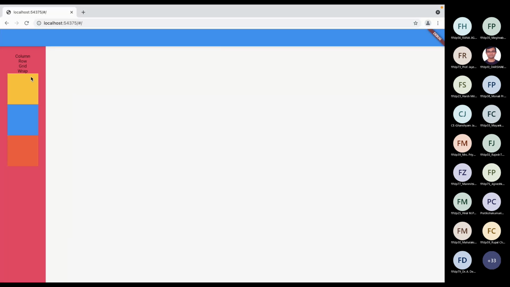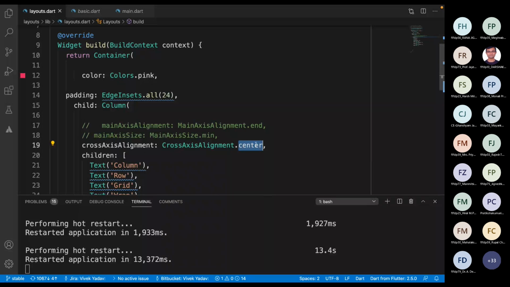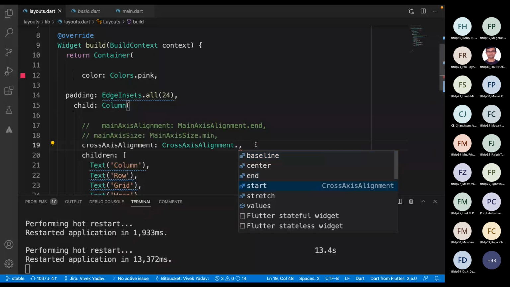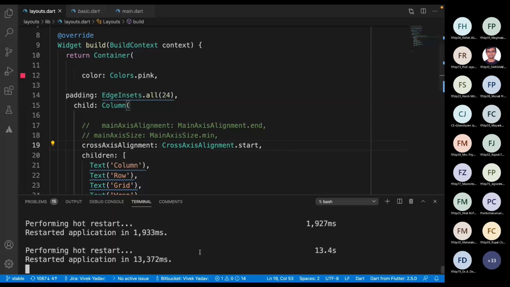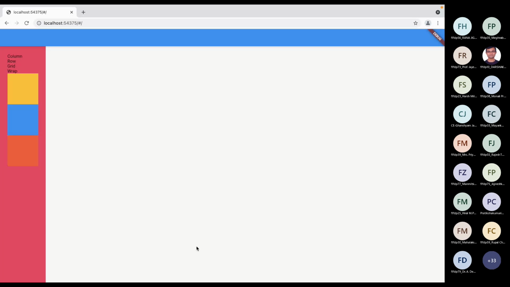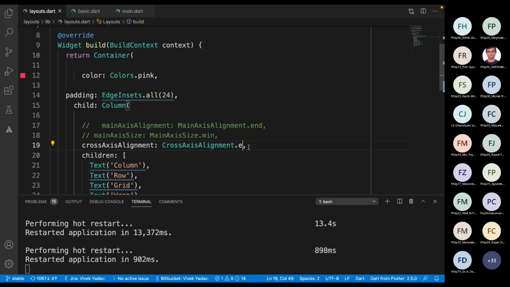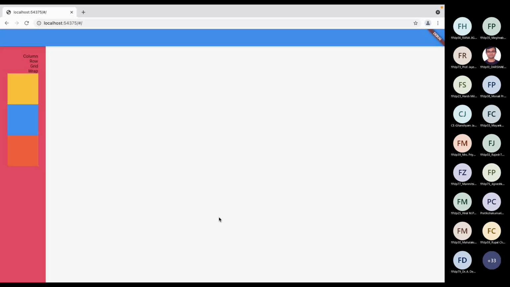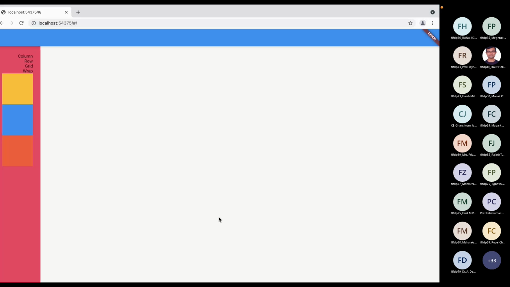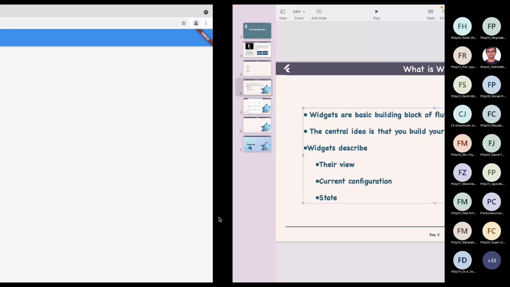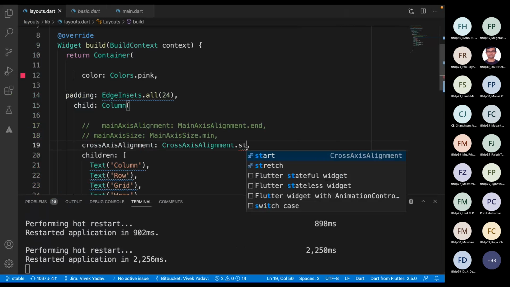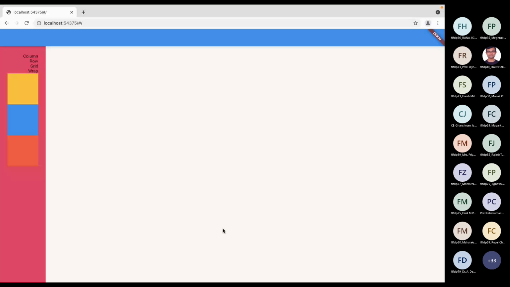So when it is centered, we cannot actually see anything. But what happens if we select start? Let's see what changes. Nothing is changing. If it is end, let's see what happens. Nothing changes, right? Can anyone tell me if there was any change or not?